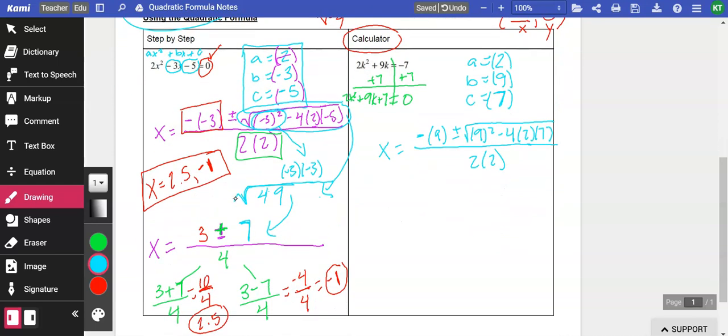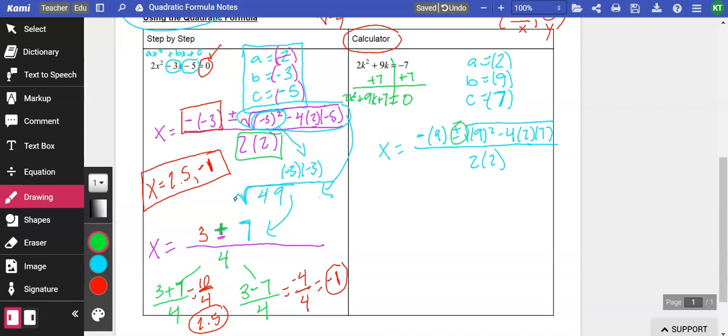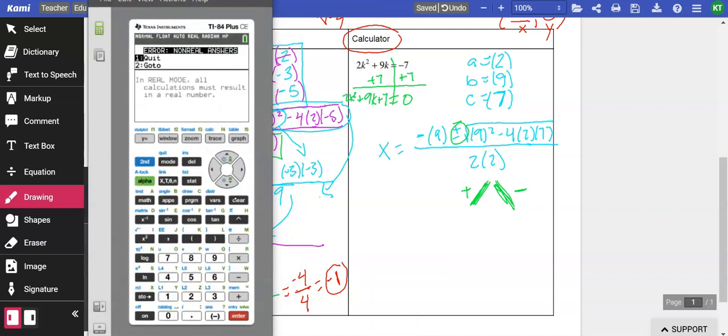Now that we've replaced our variables with their corresponding number, we get to use our calculator to type this in. We're going to have to type this in twice though because of that plus or minus. So we're going to have one time where we type it in using the plus sign and one time where we type it in using the minus sign, and that'll give us our two solutions. So first thing we're going to do is get our fraction bar so that we have that fraction. So alpha button, y equals, enter,